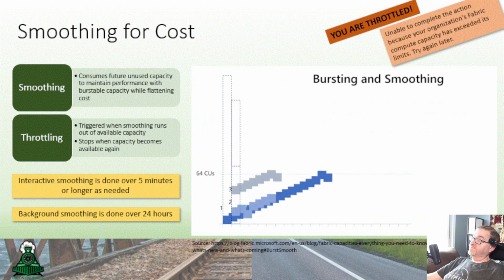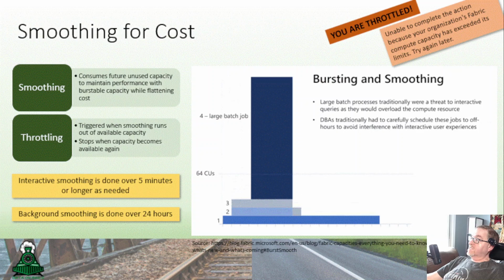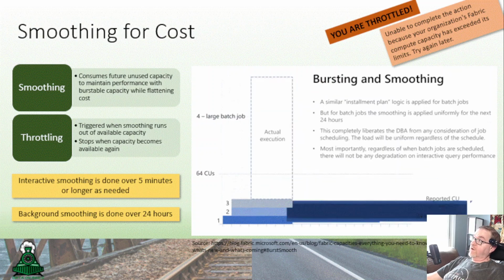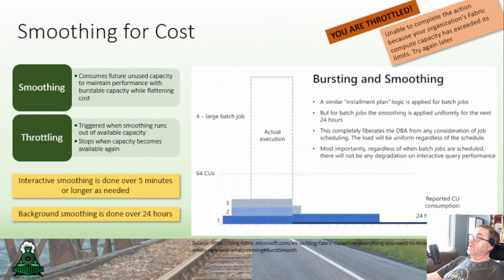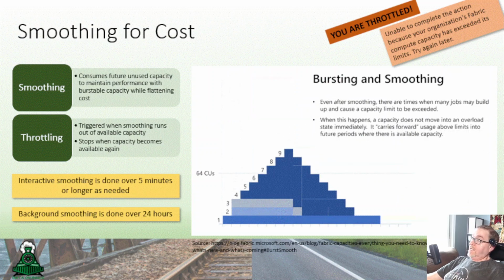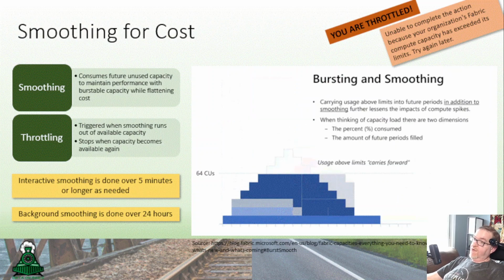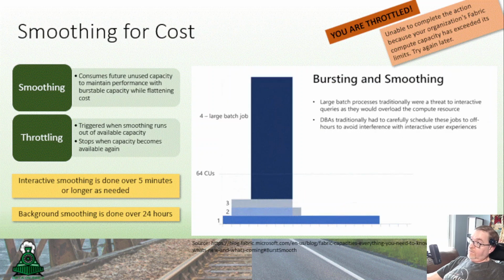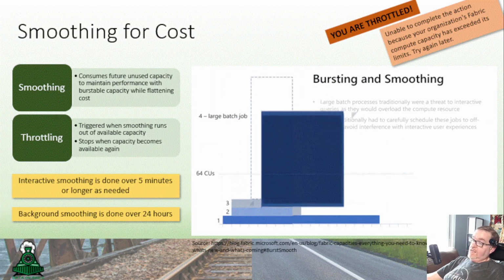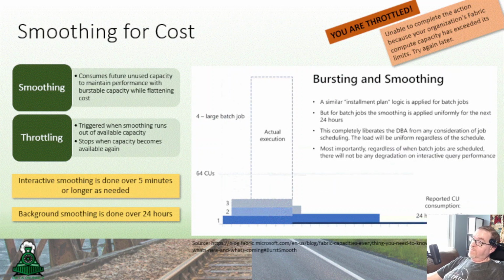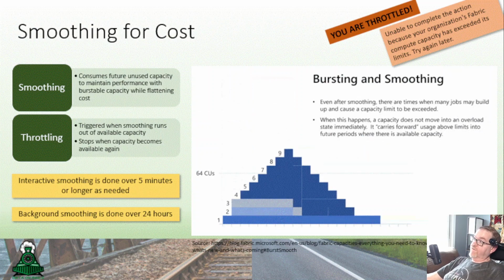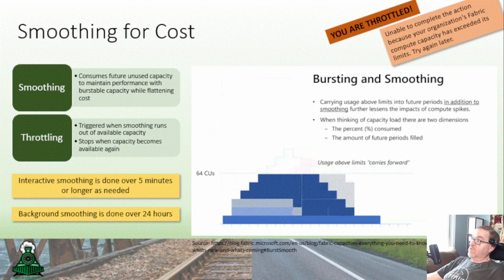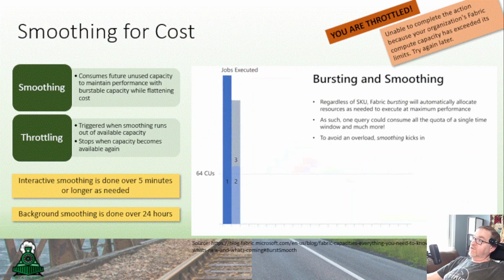So keep in mind, if you want to understand the experience of being throttled, really you're unable to complete an action because your Fabric capacity has been throttled. You receive an error message like up in the corner there. That happens from any type of tool, such as Management Studio or the Fabric portal, notebooks and such, that will tell you that you have run out of capacity and you're not able to complete